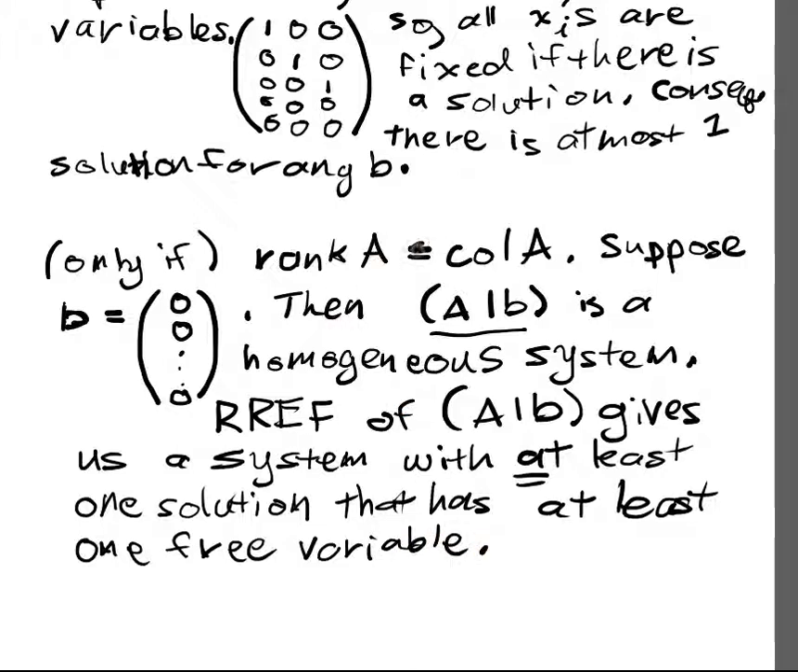And that's because the rank of A is strictly less than the number of columns of A. Strictly less than, right? We know that the rank of A has to be less than or equal to the columns of A. Since we're doing the contrapositive, the rank of A does not equal the number of columns of A, so it has to be strictly less than. So that means that there's a column without a pivot, and that corresponds to a free variable. And we have at least one solution, so there are many solutions